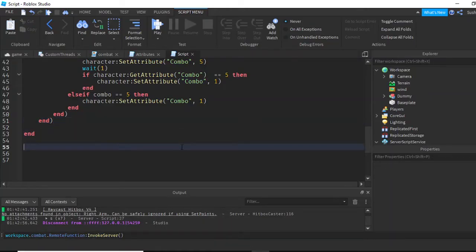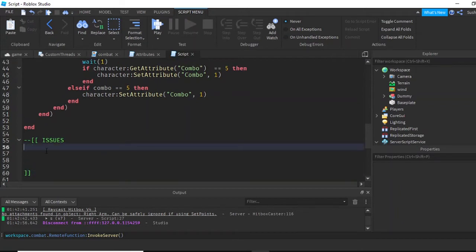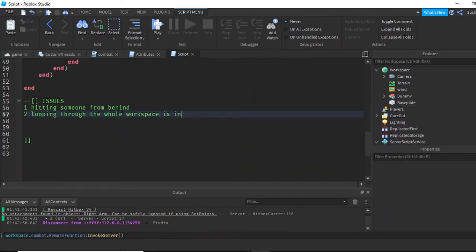Okay, let's put the issues right here. Issues. Number 1, hitting someone from behind. 2, looping through the whole workspace for your character is inefficient. 3,